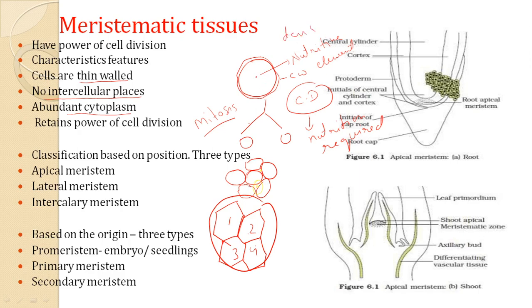Dense means many things are present in a specific area. When, in a particular area, suppose there are only two elements, like one is this, another is this, and in another area you find more than two, 4, 5, 6, 7, 8, 9, which is the denser? Then let's suppose A figure and B figure.